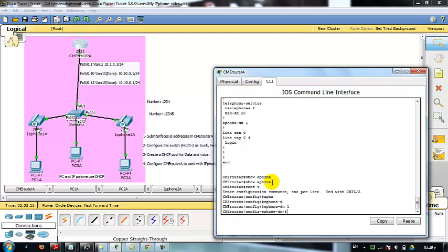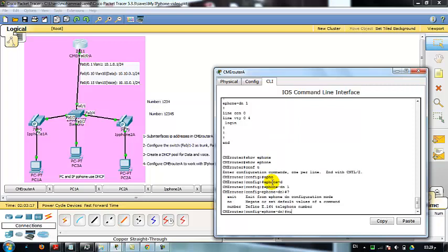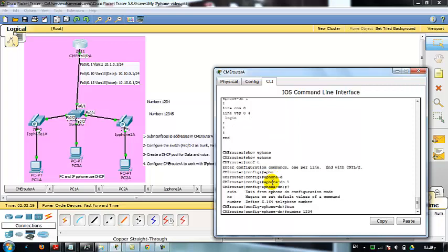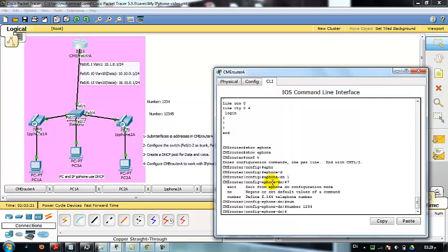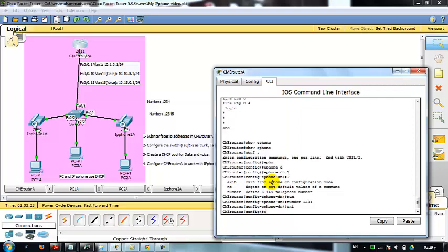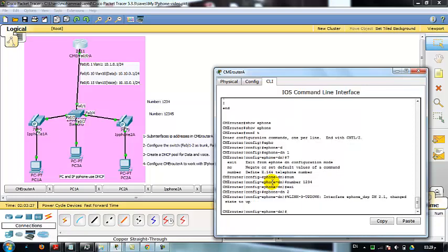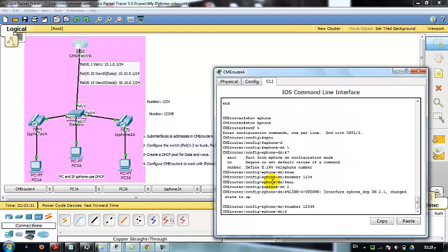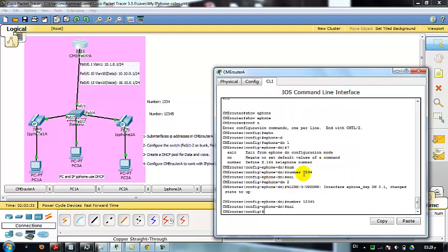I want to make the number 1 2 3 4. So exit, and ephone number 2, I want to make the number 1 2 3 4 5. As you see here, look at this, the line state is up, so that's good. Now go to ephone